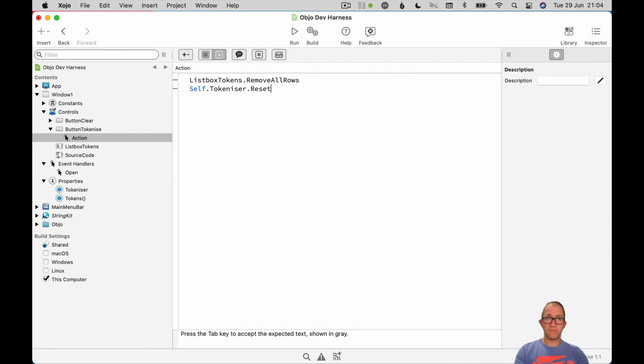Reset. Remember our reset function we wrote? So I'm going to reset it all so it's ready to go. Then we will tell it to tokenize what's in the source code text area. So we will just do my tokens equals,